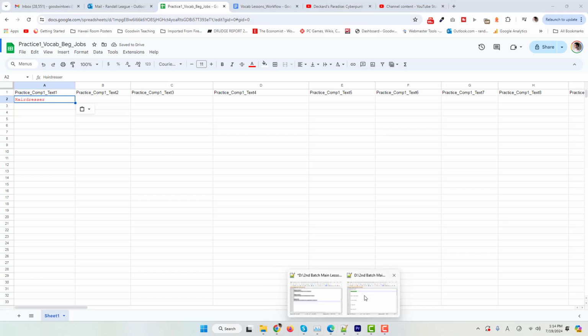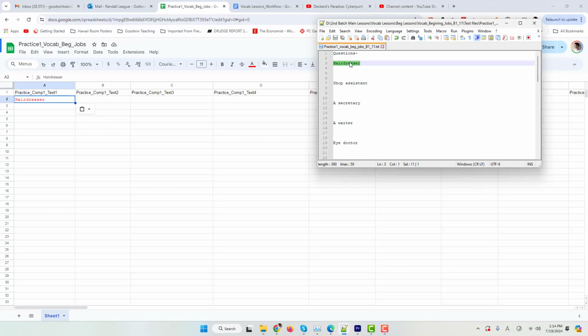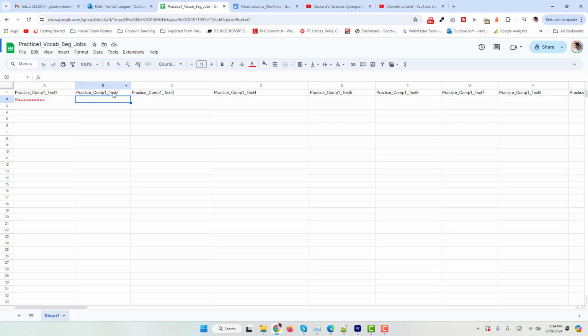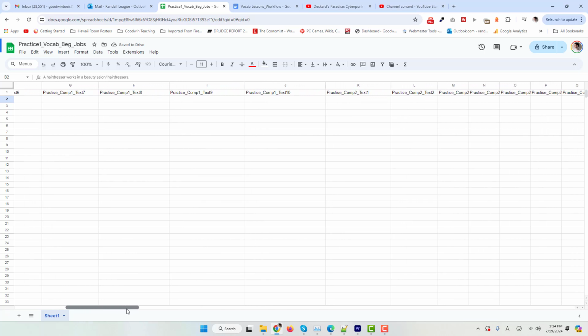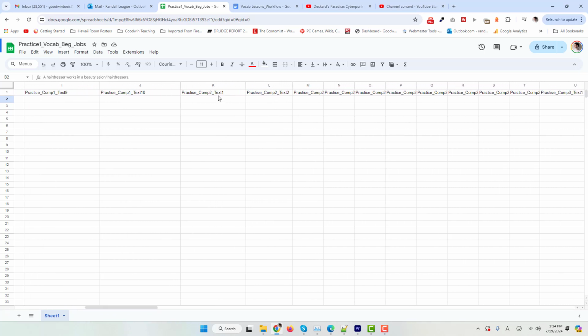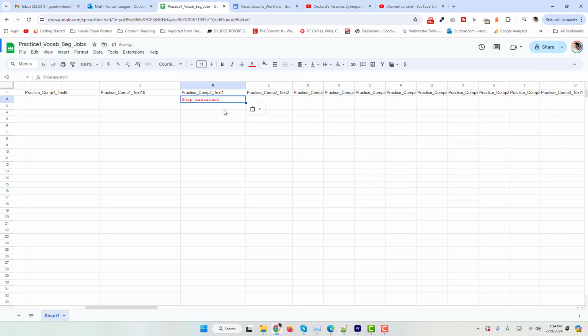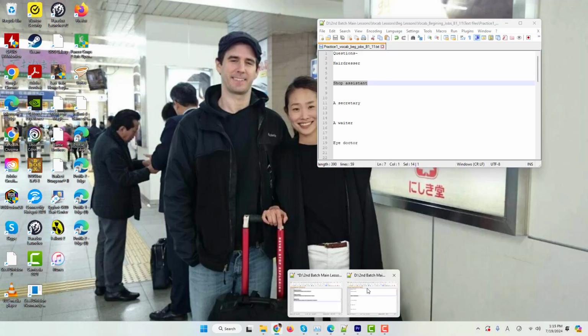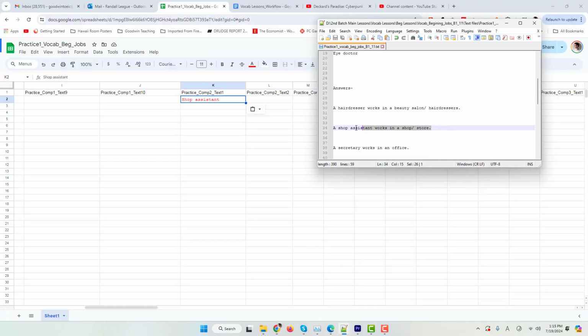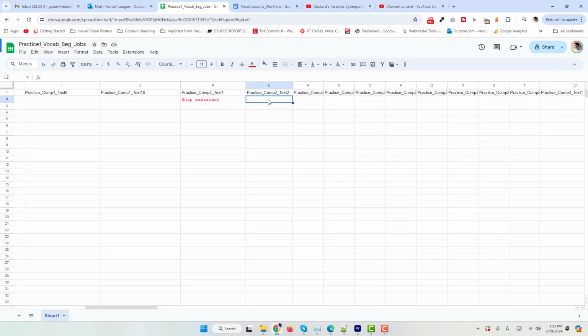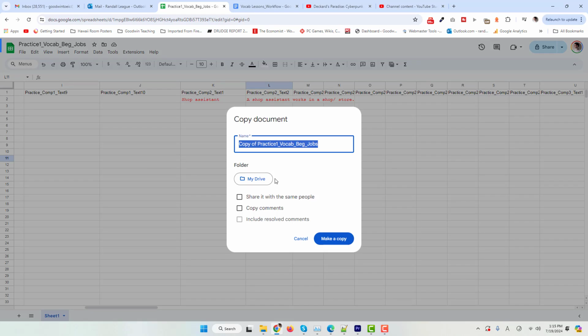And then what we want to do is take the answer. So this is number 1 question. We want to take the number 1 answer and put that in text 2. And then we go down and find the next comp 2 text 1, and we're going to do the same thing, right? So right here it is, shop B, and where are we? And then we're going to do the same thing with the answer. Okay, and then oh, I forgot to copy it, so we always want to copy it,